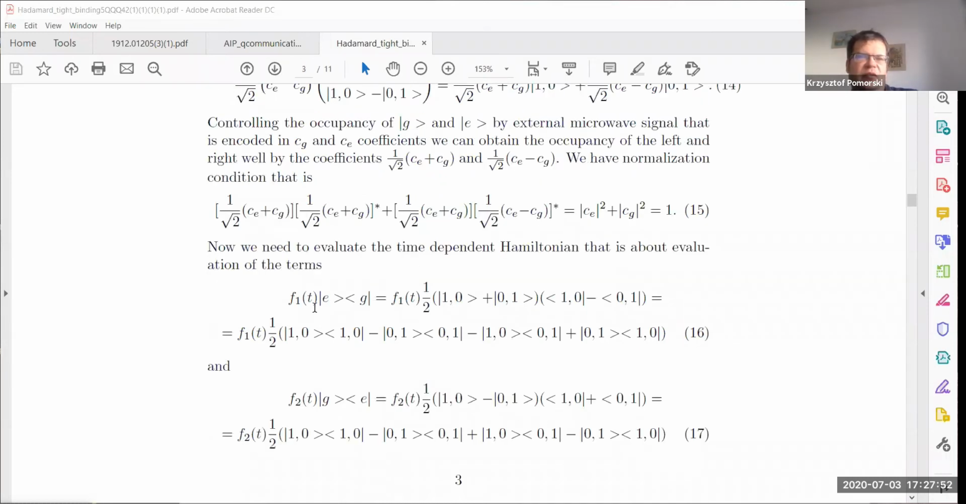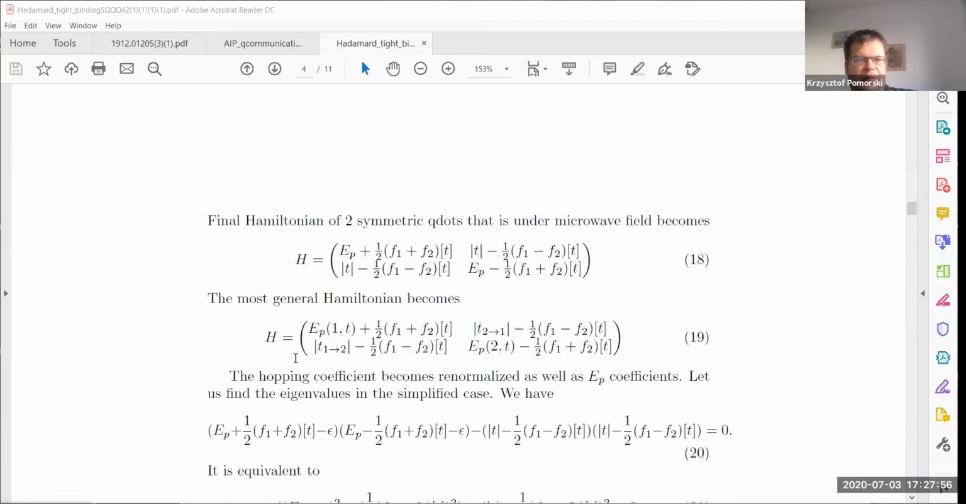Just to remind you, F1 was responsible for heating up and F2 for cooling down. So those functions are here, and what you need to know is that these diagonal terms must be real valued, and this antidiagonal term needs to be Hermitian conjugate,